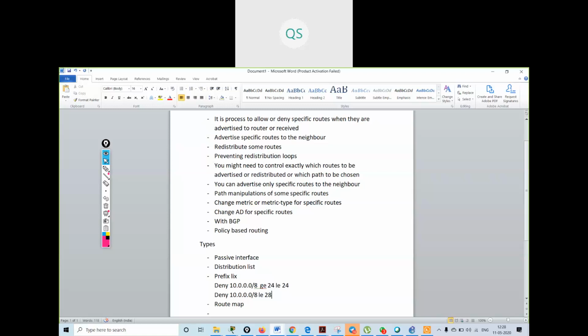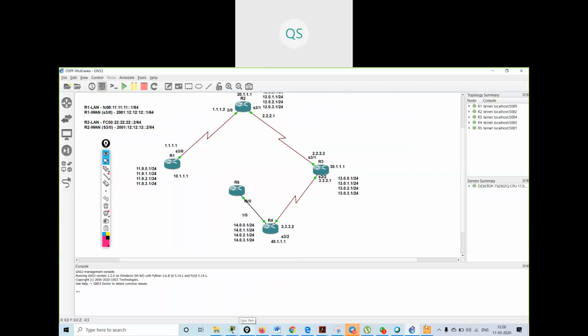Let me go to this. Now we will take the same example. We will block these two networks in the prefix list.